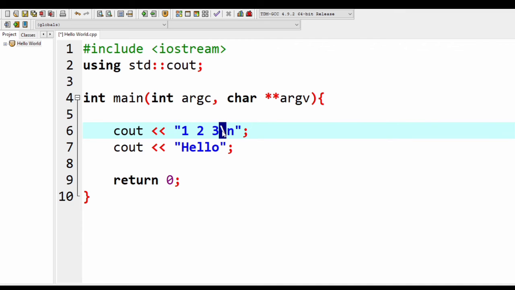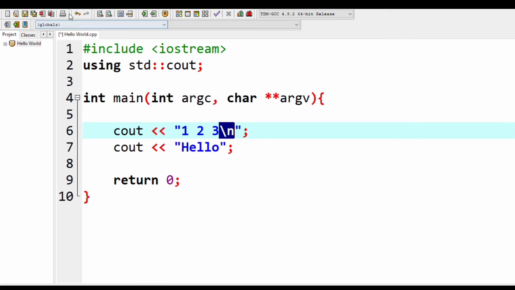So backslash is this backward slash. That is why we call it backslash, so we're just going to call it backslash. Backslash n, meaning after the string 1 space 2 space 3, we have this backslash n. So what does backslash n mean? Backslash n means that at this exact point in the output, a new line will be inserted, and whatever the next output is will be outputted on a new line.